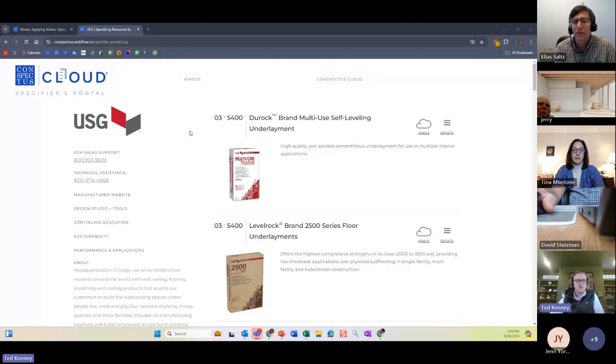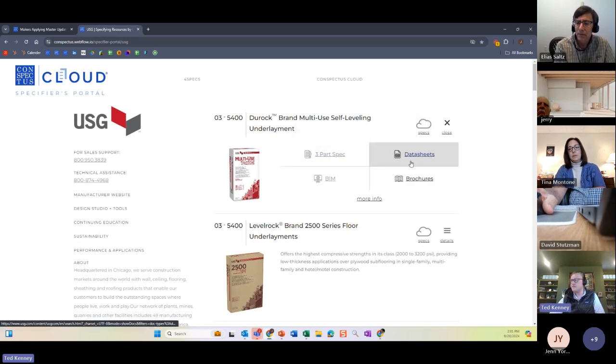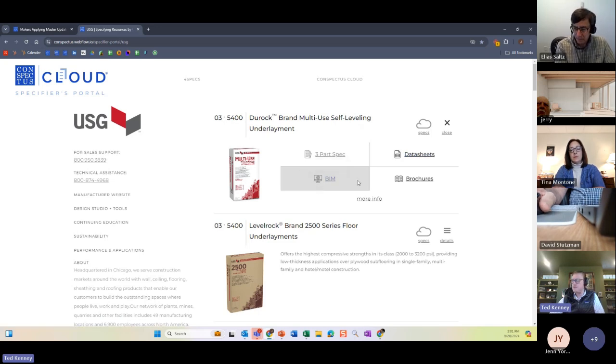To show a preview of that, I'll just pull up our Conspectus Cloud specifiers portal. So this will be the information that will be linked within the specification. So when you're wanting to research a manufacturer more, find out more information about them, you'll be able to access these specifier portals. So we'll essentially provide all the information that you need on the individual products. You can click details here, and you can get 3-part specs, data sheets, any BIM files if they have them, as well as brochures. So this will be available through Conspectus Cloud, and we're just now working to partner with